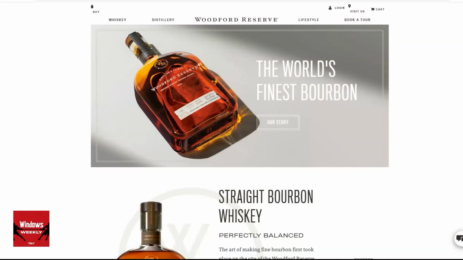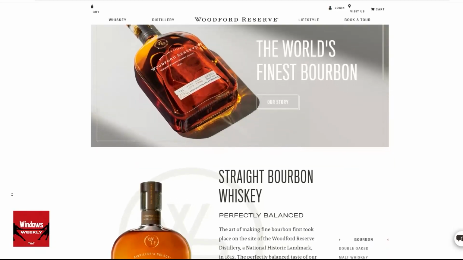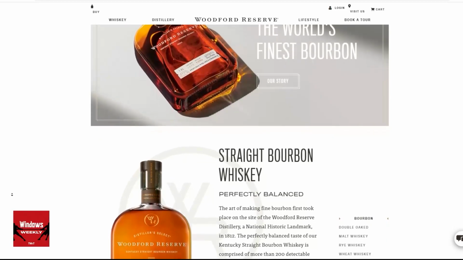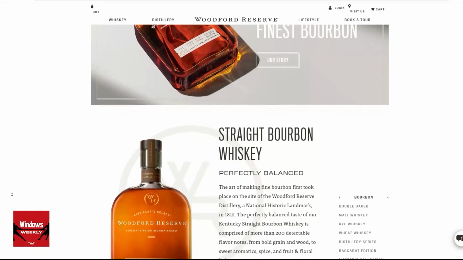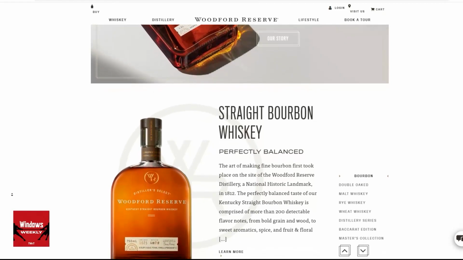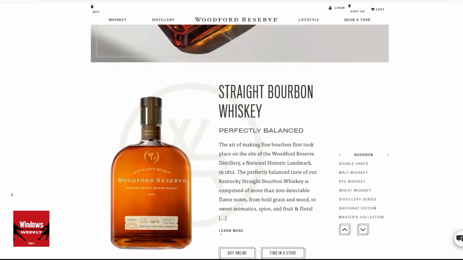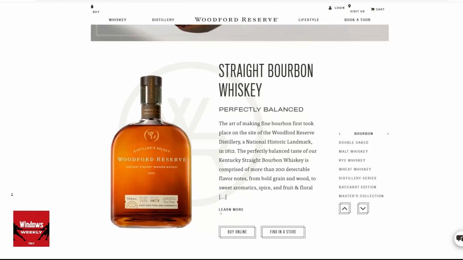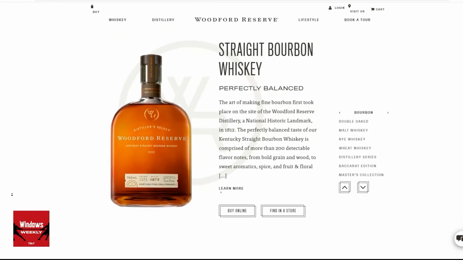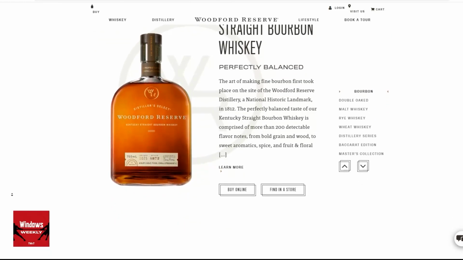And that brings us to our whiskey of the week, which is Woodford Reserve. Woodford Reserve is very well priced, about $35 for a 750 ml bottle or 26 ounce bottle. The history of the site for Woodford Reserve has been many different distilleries over the years. Again, Prohibition had a huge impact on it. Its current owner is a company called Brown-Forman. They also owned Old Forester, Cooper's Craft, and Jack Daniels.